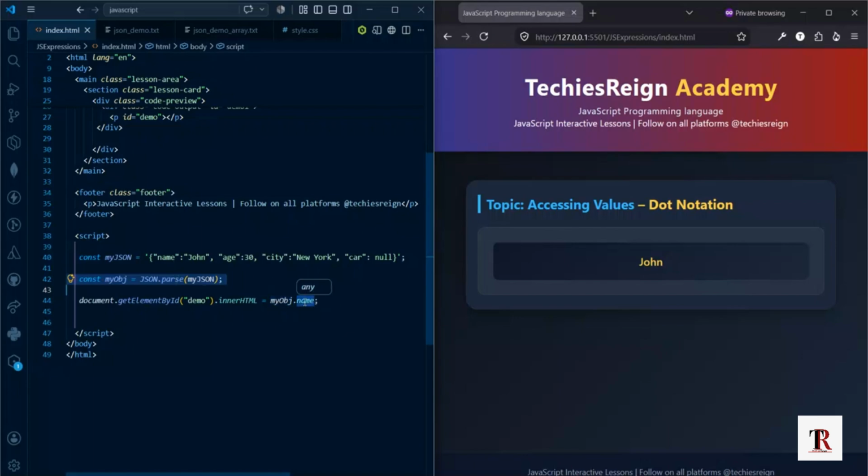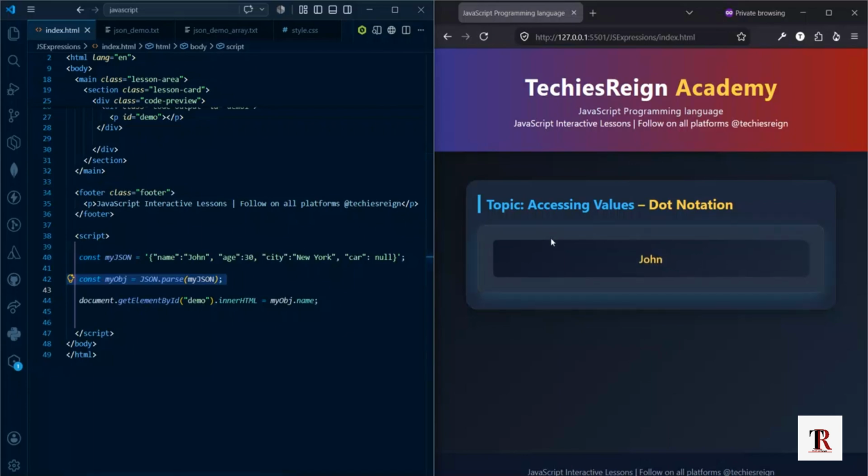Here we are using the dot notation to tell the browser, go to the object that is named myObj, look for the key label name and give me whatever value is sitting inside it. And once that value is grabbed, it passes it on to the innerHTML method,